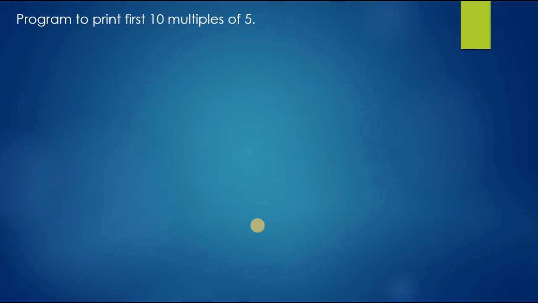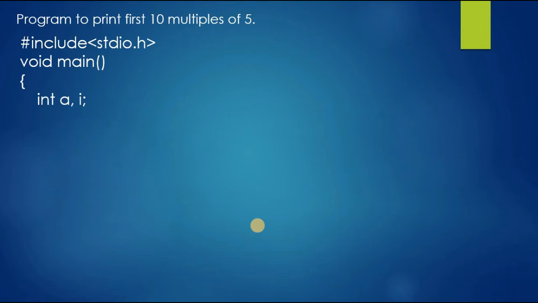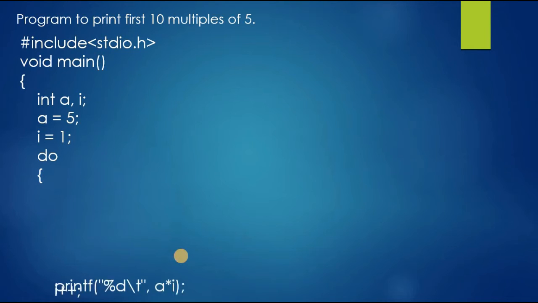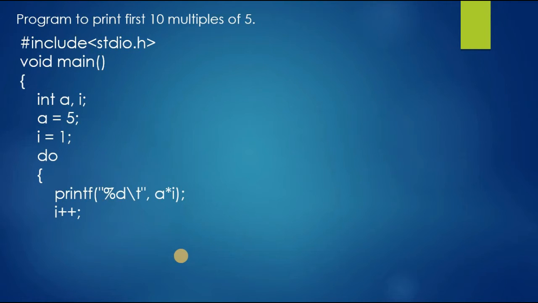Now we will see one program to print the first 10 multiples of 5. Here we declared first a preprocessor command, then we declared the main function, we open curly braces, then inside that we write integer variables a and i. We declared a as 5 and i is equal to 1. Then do, here our do while loop will start. We open a curly bracket, inside that we write printf